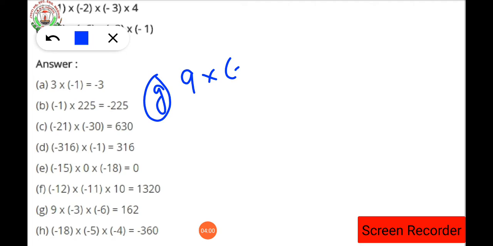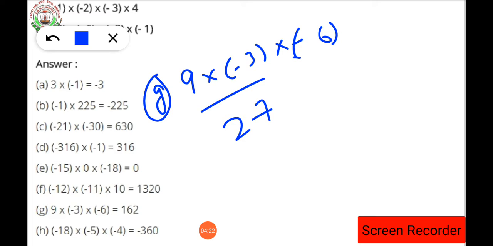into minus 3 into minus 6. These are the numbers we are having. Now, we have to multiply the numbers. So for that, multiply the number 9 into 3. What is 9 3s? How much? 27. Now, plus and minus will become minus. So whatever the multiplication answer is, the minus sign will come with that answer, isn't it? So 9 3s or 3 9s is 27. With that 27, the minus sign will come. So it will become minus 27, isn't it?